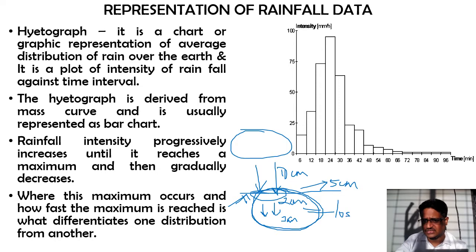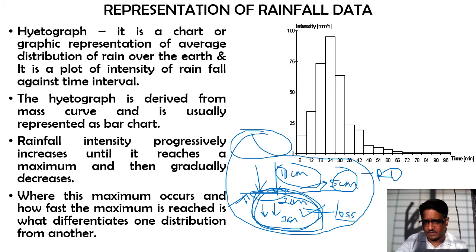So in the second module we are going to study the losses. Whenever we study that loss and calculate the quantum of loss that is occurring, total rainfall minus the loss will give you the amount of runoff. So for calculation of such a scenario we use the rainfall hydrograph. That's why this is one of the significant representations of rainfall data.